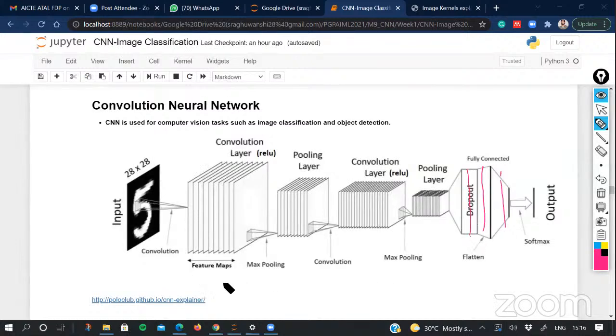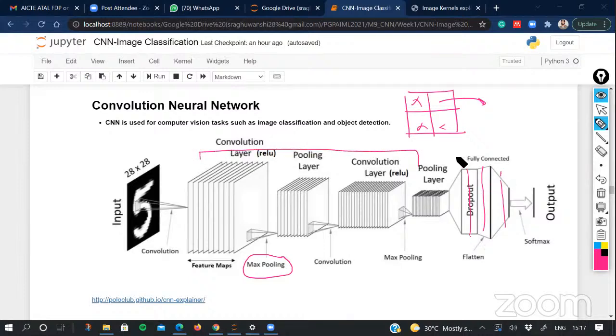In the convolution part, we generally do not introduce these dropout layers because we are using this max pooling. And whenever we do this max pooling, we automatically shut down 75% of activations. We are only forwarding 25% activation from the previous layer. So the dropout effect can be achieved through the max pooling layer automatically. So that's why we do not use dropout layers in the convolution part. These dropout layers are only used in the fully connected part.